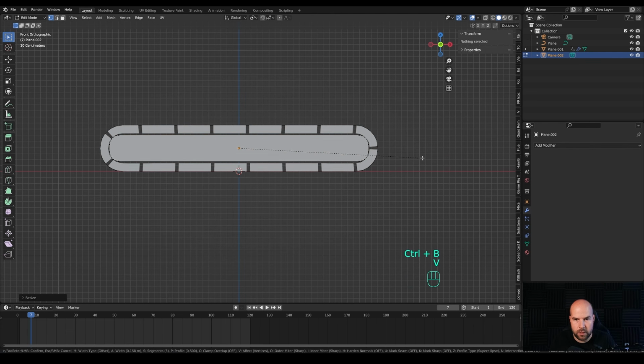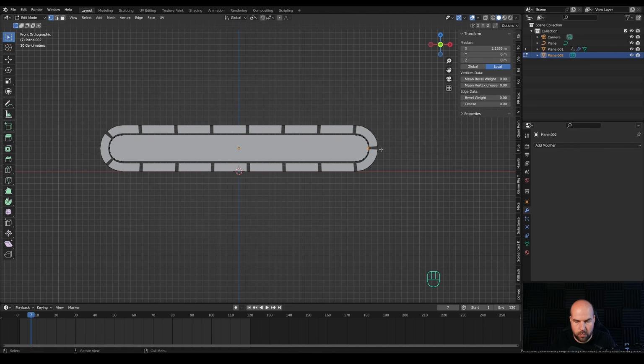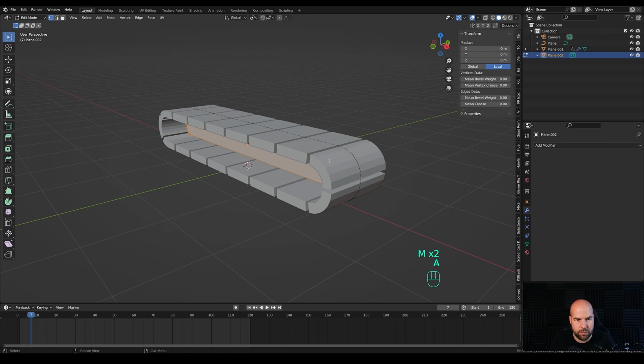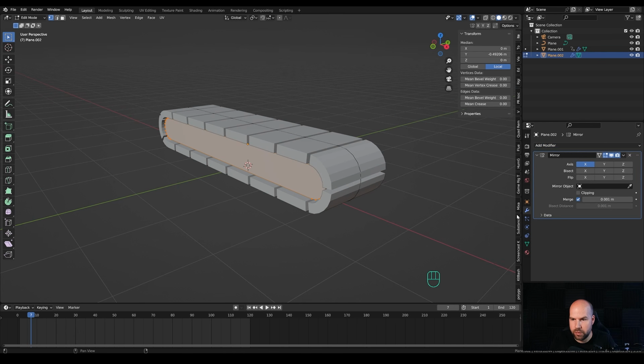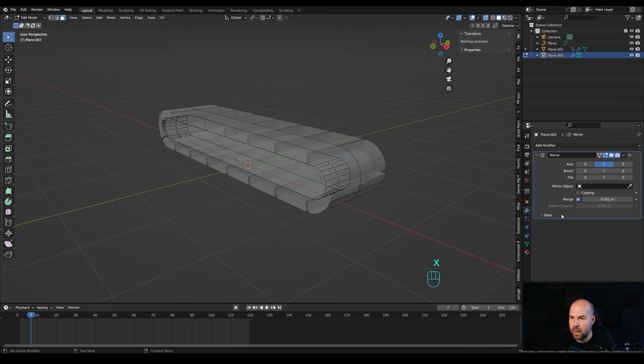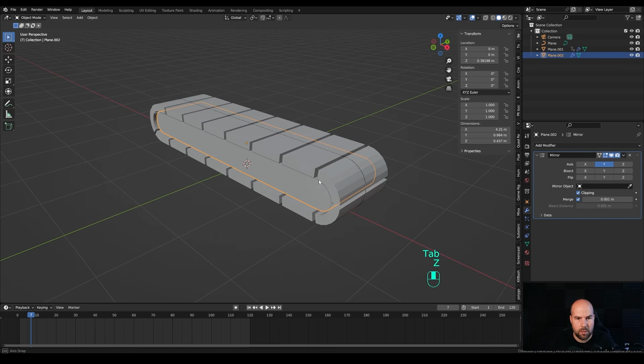And press Ctrl B, then V again to create a similar bevel like before. Something like this. And now we can merge this at center again. And basically press A and extrude this and add a mirror modifier. So let's add that mirror modifier, and we'll need to mirror this on the y-axis. And now if you enable X-ray view right here, and switch to face select, you can see there's a face in there in the middle. So press X and delete that and enable clipping. So we have one solid object out of this, including the modifier.